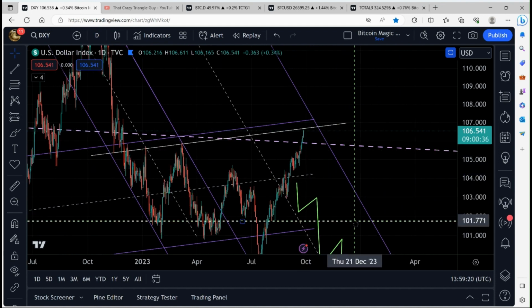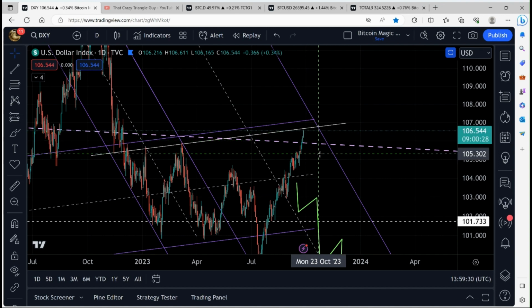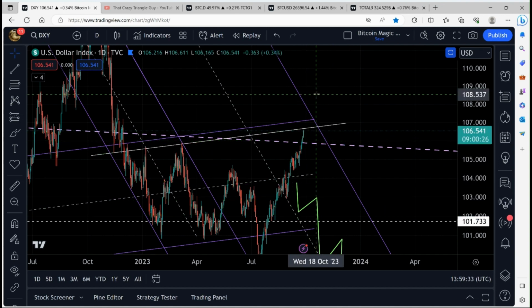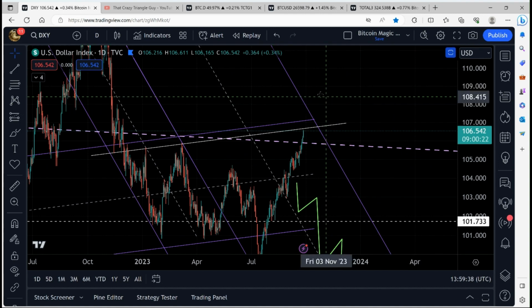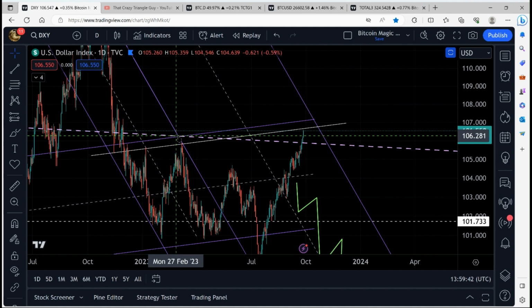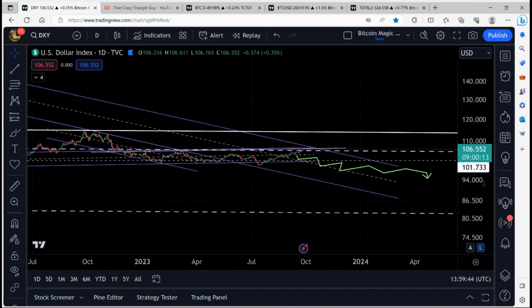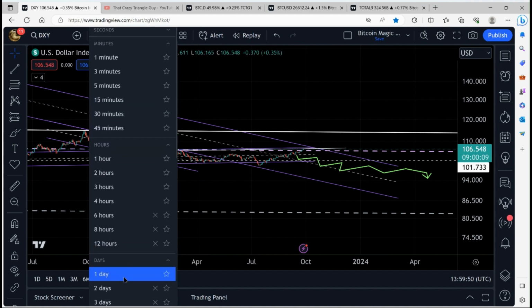Where does this take us? Yeah, into the end of the year. I'm seeing that we're heading back down. This isn't a move back upwards into the teens or anything like that. This pink dotted line I've gone over this time and time again. Let's zoom out, let's just go all the way to a monthly.